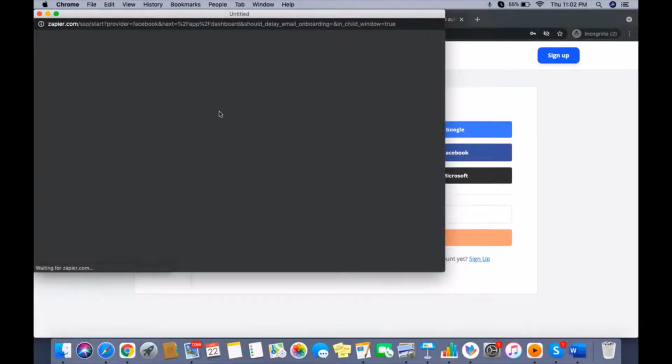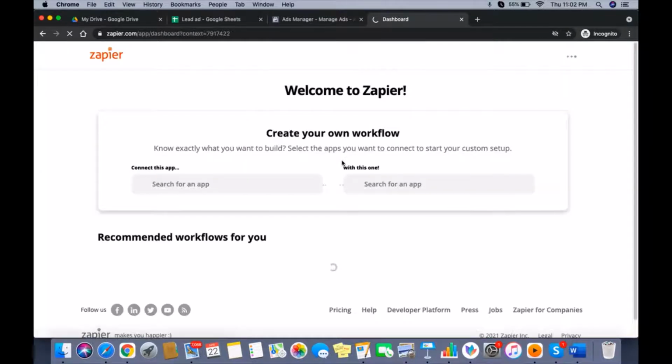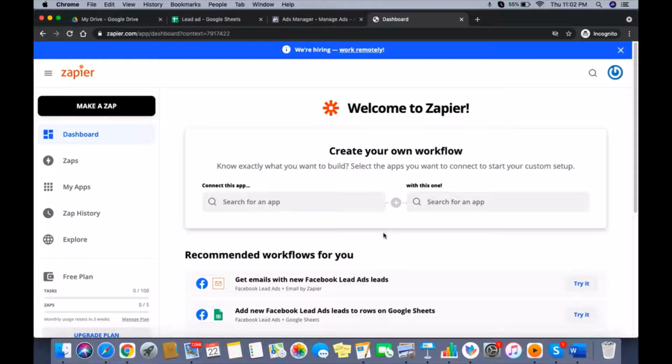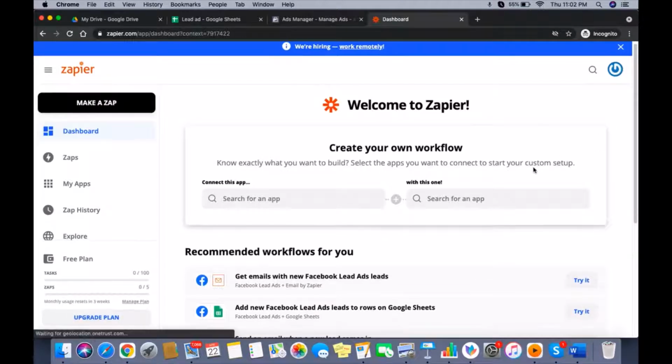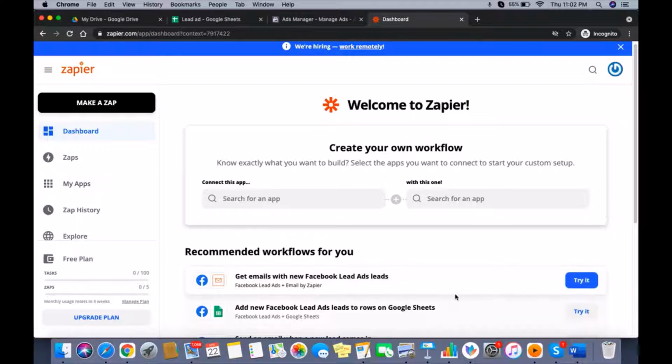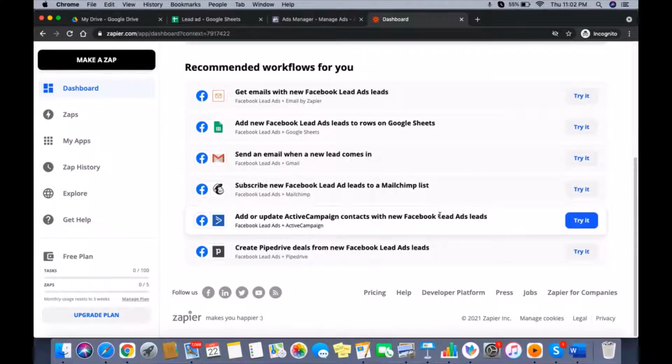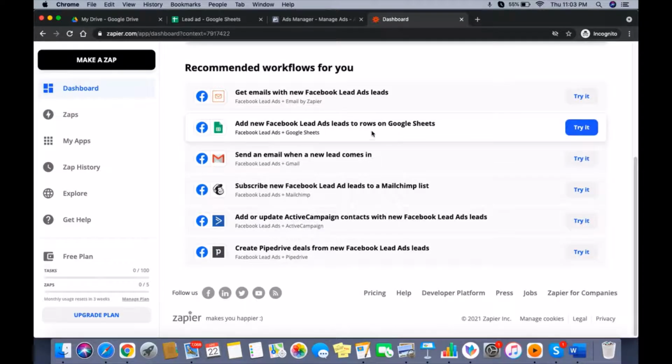So I'm going to sign in via Facebook. So we are inside this particular dashboard. When you look here, you'll be able to see a lot of automations that can be done. Now we are going to select this automation, right? Add new Facebook leads to rows on Google Sheets.